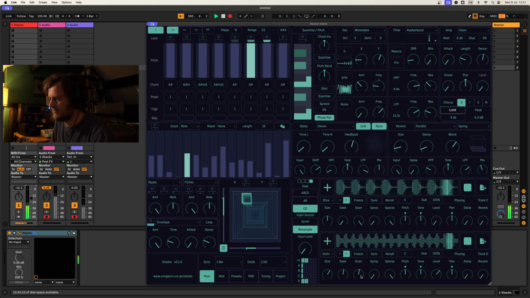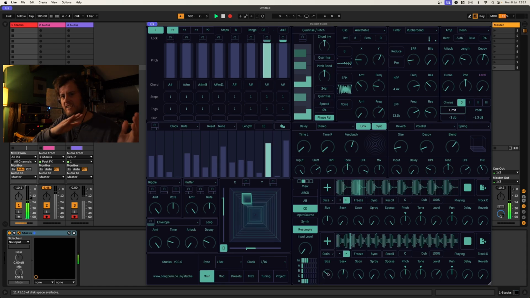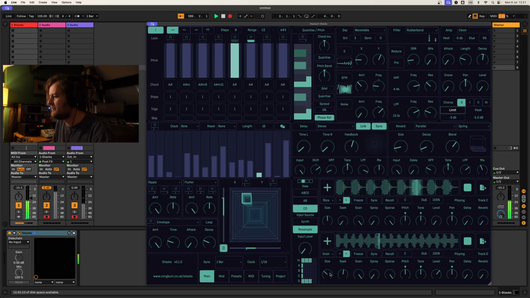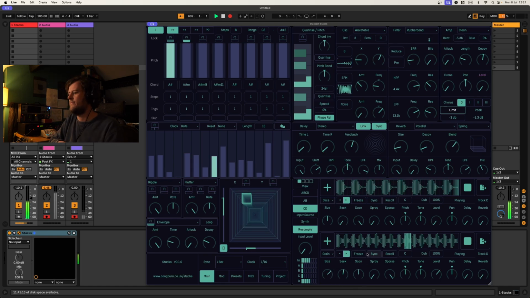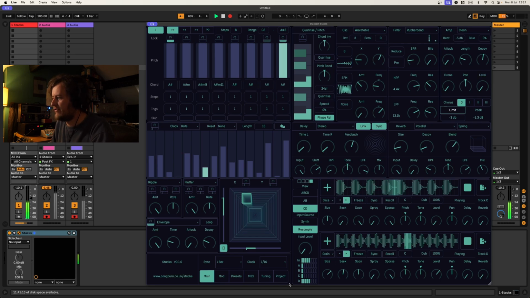Do we want to go backwards? If the scan's set to the right, it's kind of just going to play like normal. Now we've kind of frozen this grain, we can change the pitch, and the pitch is going to be linked to the quantizer up here. So if I turn some of these notes off,